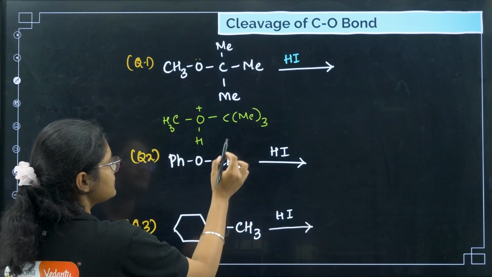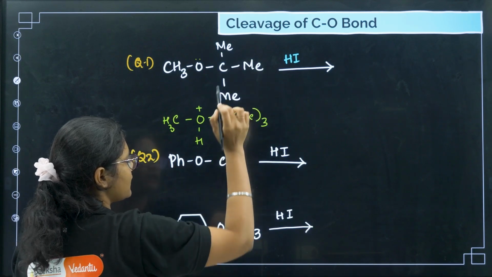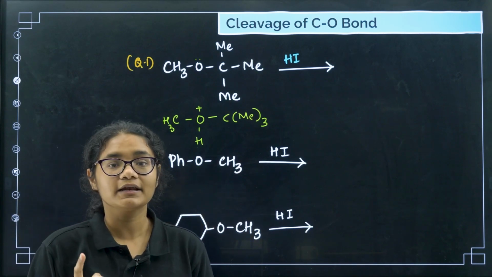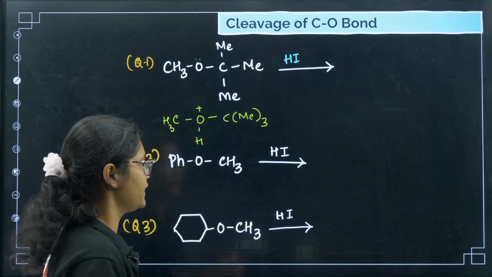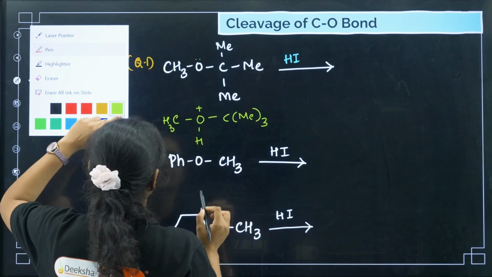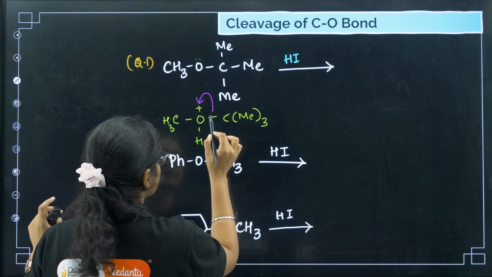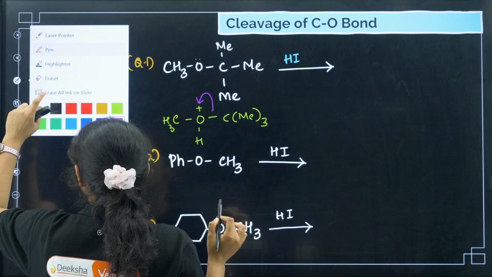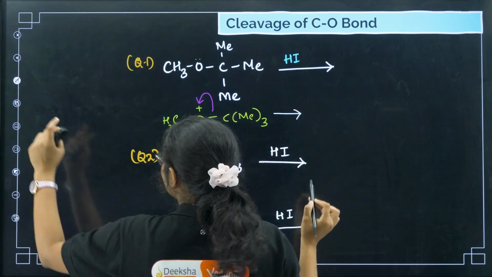Now if you see, this side is a tertiary one, right, so I told you if tertiary is there, then carbocation formation will take place. So how will this bond break? This bond will break in such a way that there is a formation of carbocation, this bond will break like this, so we will get here